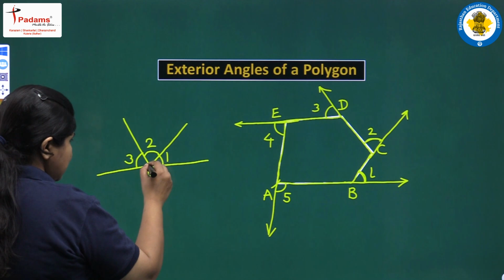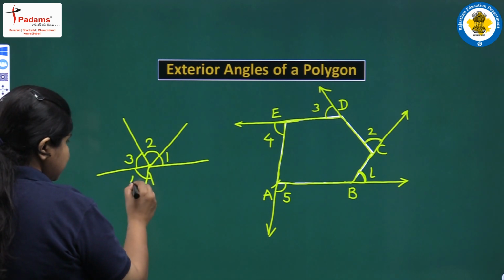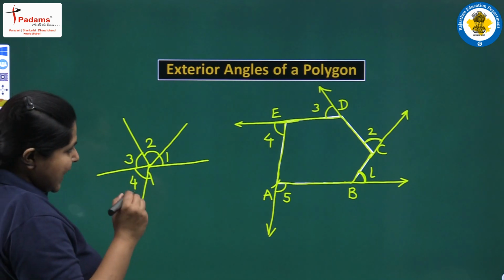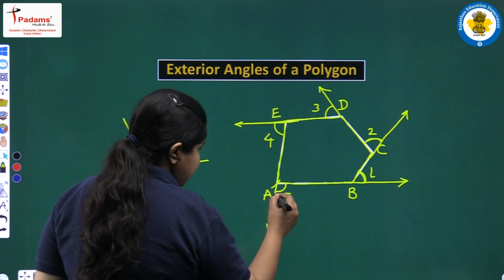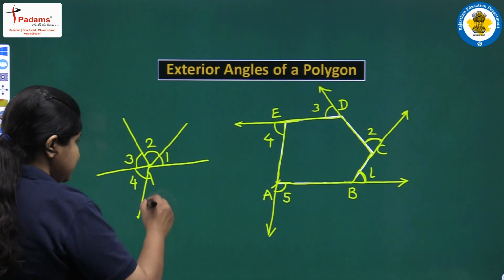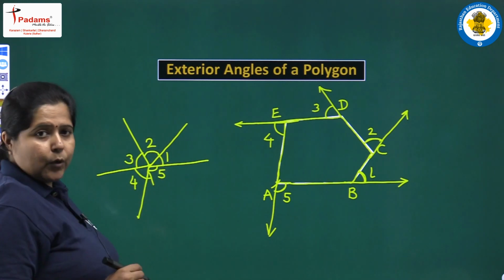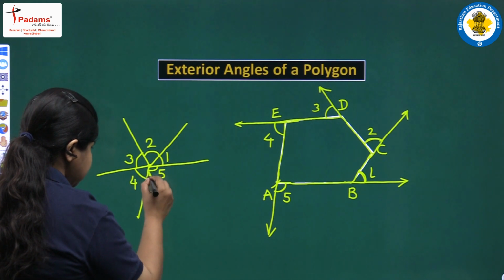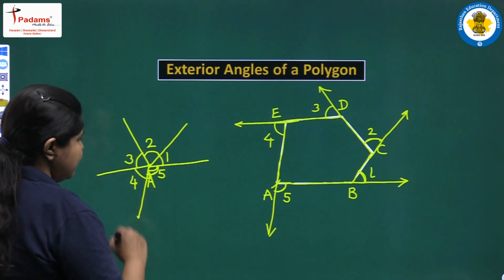So, again we are moving towards point A and taking a turn through an angle 4, and then to reach the original position we again take a turn through angle 5 and turn in this direction. So, again an angle 5 is being turned along. This is your point A which has merged inside. Okay. So, this is your angle 5.